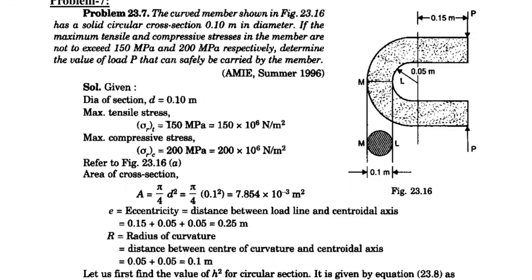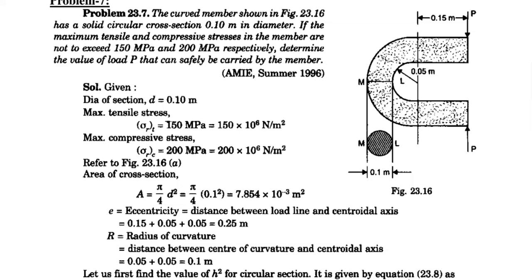So likewise, you calculate. Suppose they give I sections or T sections, then split them into different rectangular blocks like what we did in centroids: A1, A2, A3. Calculate the total of A1, A2, A3. That is your area of cross section. See how very easy it is. How simple are these problems? Now after having the area, you need not worry about the central axis and M, P values. Bother about the h square value first.